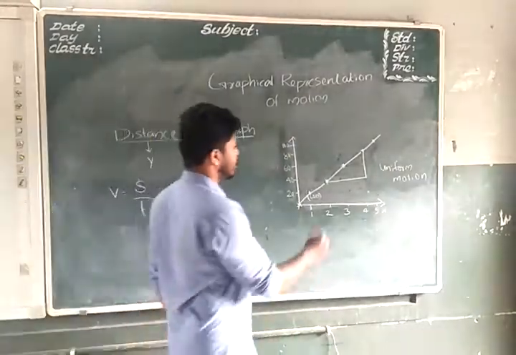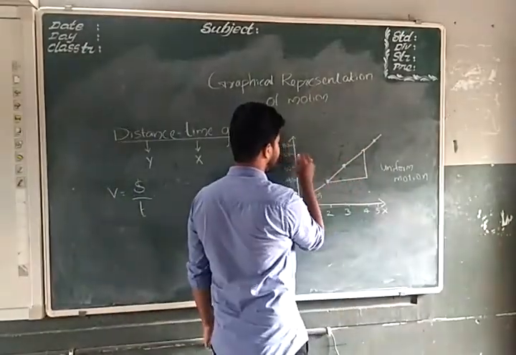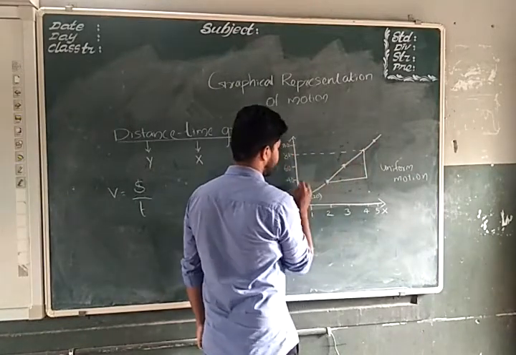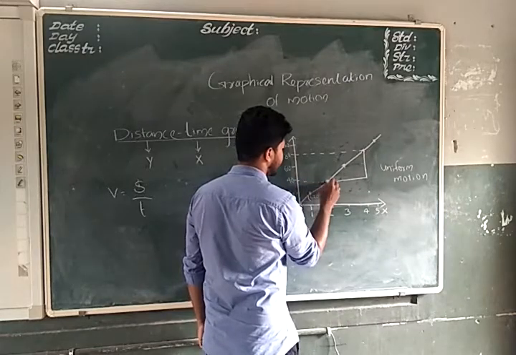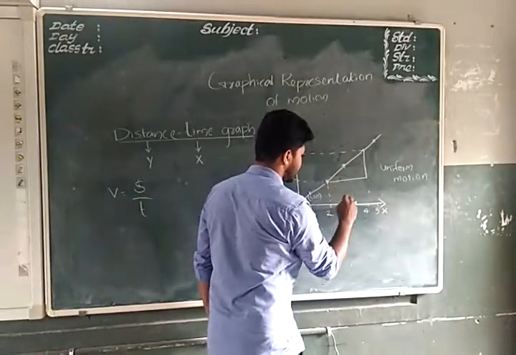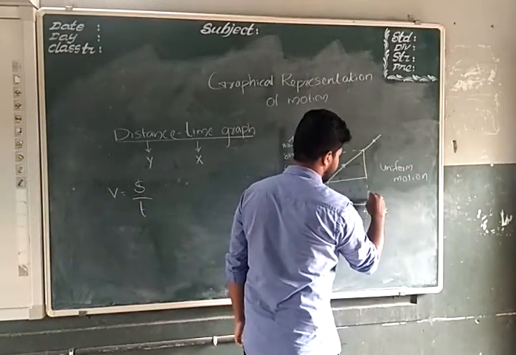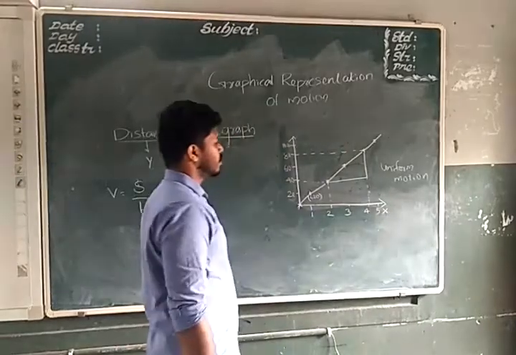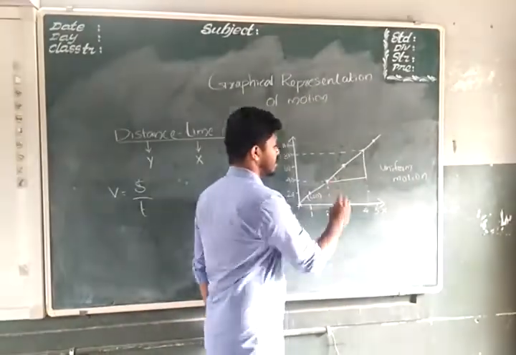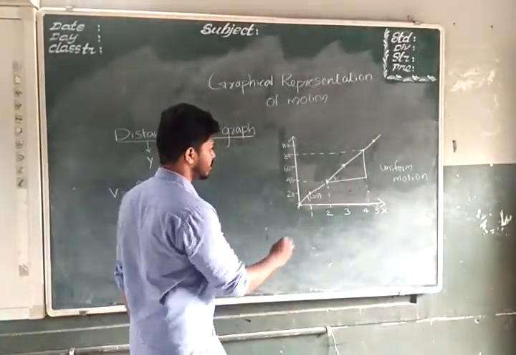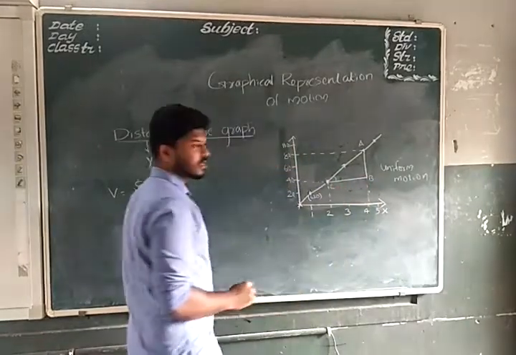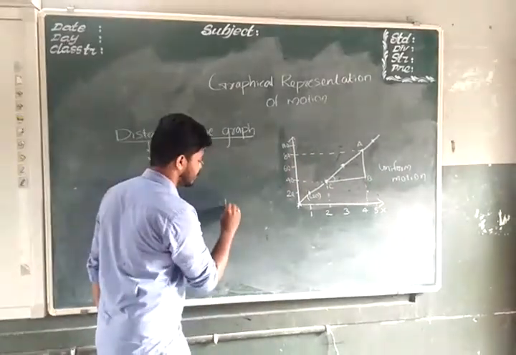Now see, extend this point to the y-axis. It is at 80, and this point to the y-axis too. And now these 2 points to the x-axis also. Now the slope of the graph equal to, we can name this point A, B, C. So slope of the graph is equal to